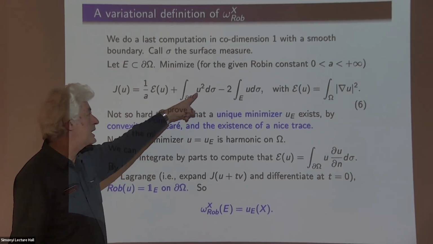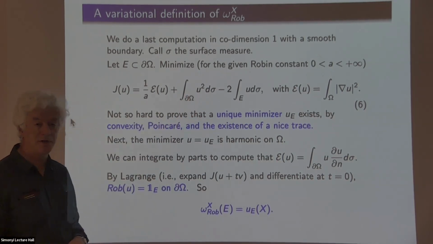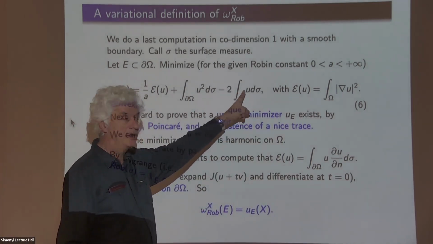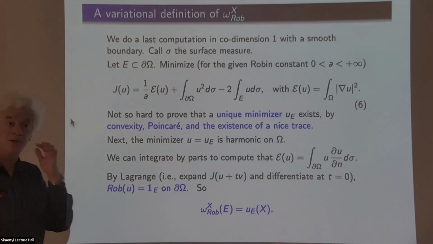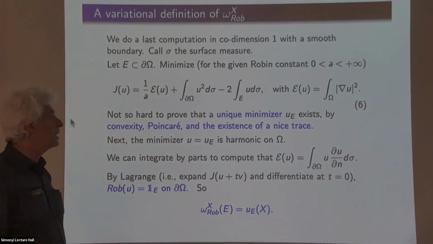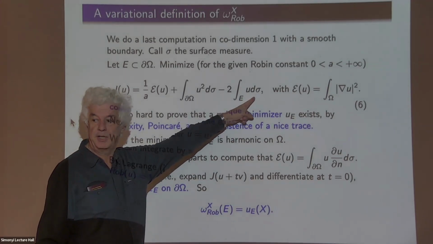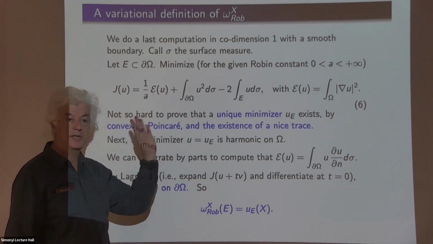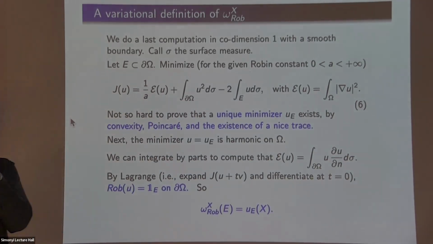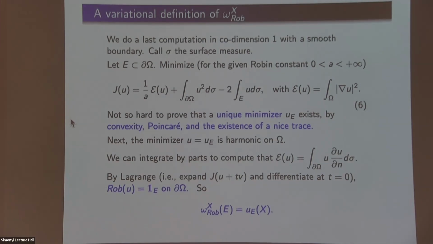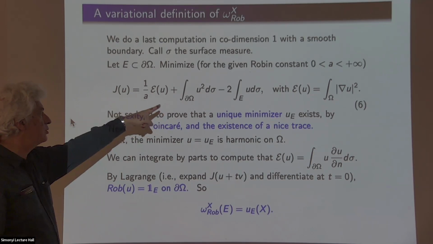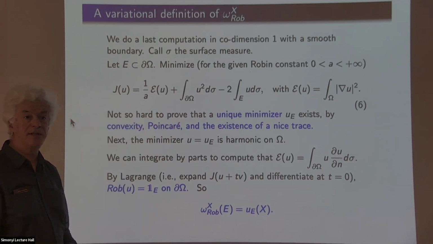Which says you want the function u not to be too large on the surface if you want to minimize the functional, except on the set E, where you win something if the function is large. So this function u tries to be large on this part of the boundary, reasonably small on the rest, and do that with as little variation as possible. Okay. All right, why do I care about this functional? Of course, it's going to end up giving you a harmonic measure. At least in the smooth case, it's not hard to prove that this has minimizers, because essentially it's convex.